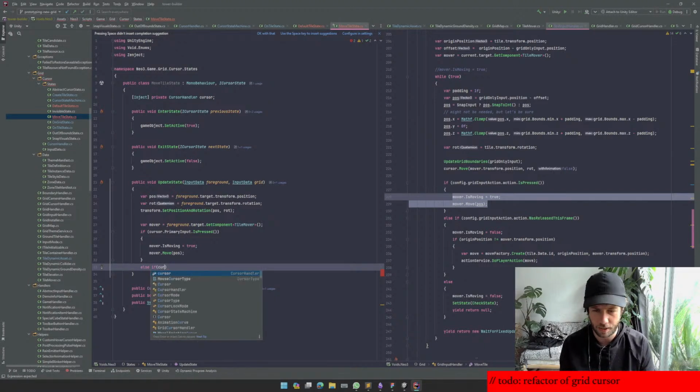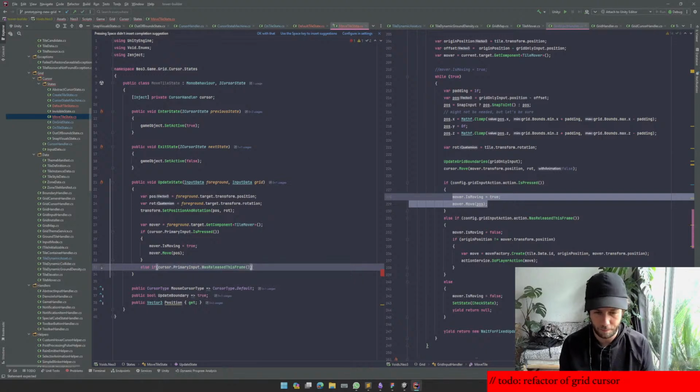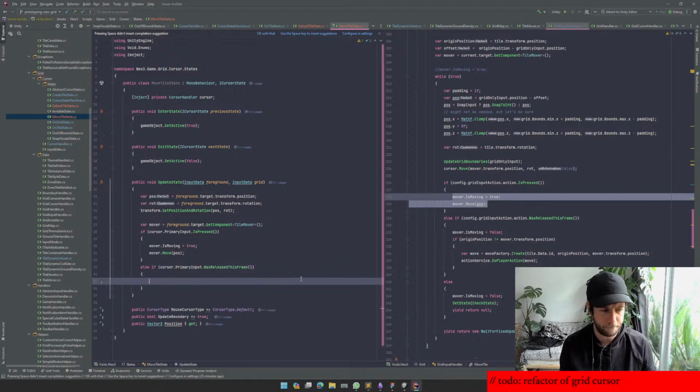Yeah, I might need to come back to that. Cursor.primaryInput.wasReleasedThisFrame. This might cause a bit of an issue, but